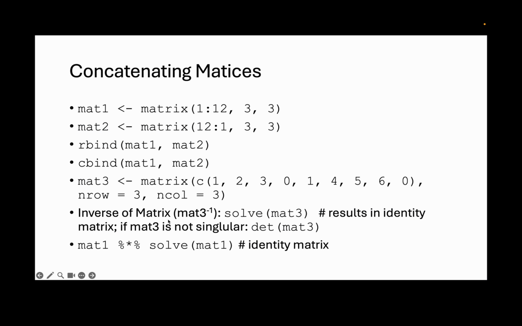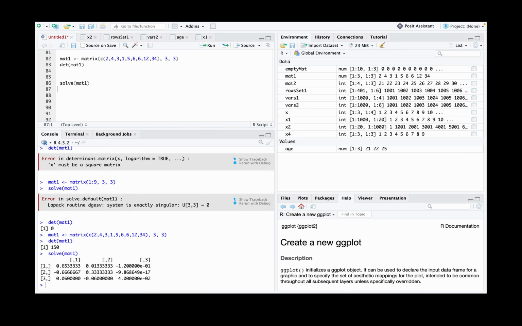Now, if you multiply your original matrix with the inverse matrix, you must get the identity matrix. What is an identity matrix? That is where all the diagonal values are 1. Okay, so let's check. Since we were able to get the solution of this part, now we can verify whether this solution is correct